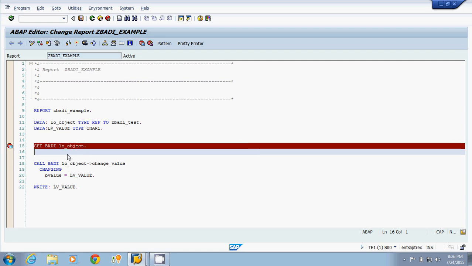You only have to do the BAdI implementation with the help of SE19 transaction code. Generally we are not going for creating the BAdI definition. We already have the BAdI definition. We only have to do the BAdI implementation with the help of SE19 transaction code. In this current example, we have done the BAdI definition as well as created the BAdI implementation. Rest we will continue in the next lecture.